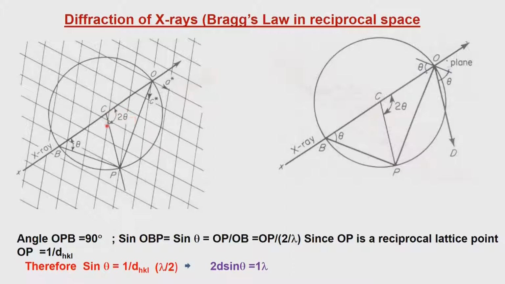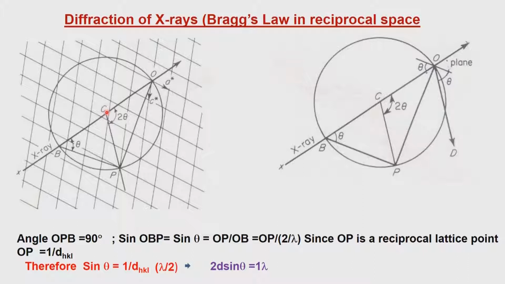So, Cp is the direction of our capital R vector. It is also the direction of the H vector if it cuts a reciprocal lattice point. So, this is as far as the diagram is concerned. We now have Cp, and there is a reciprocal lattice point cutting this. Apart from that, one more thing is cutting that reciprocal lattice point. What is that? That is the so-called Ewald circle in this particular case, but when we go to 3 dimensions it becomes the Ewald sphere.